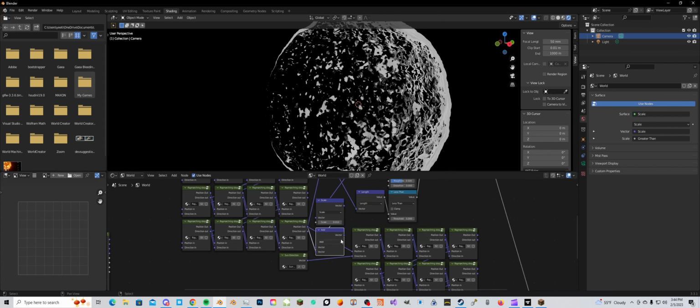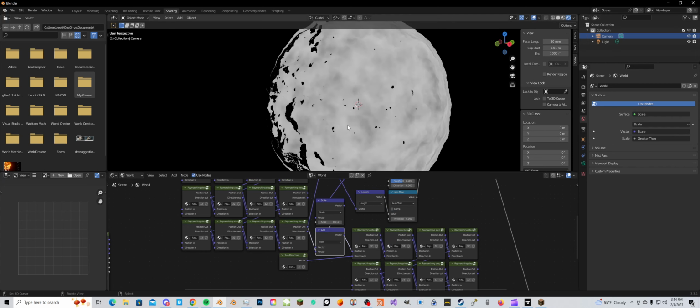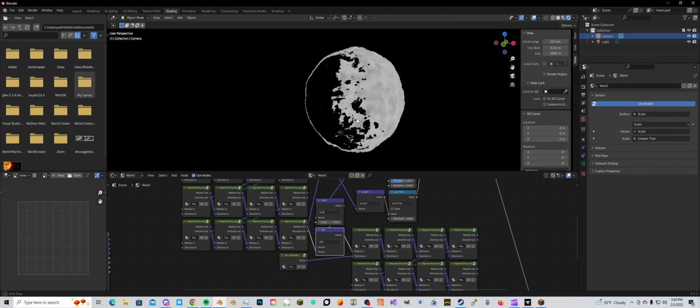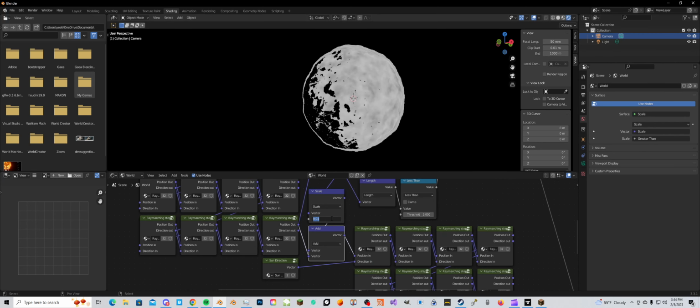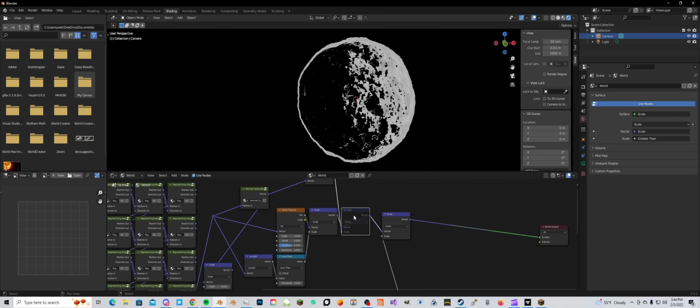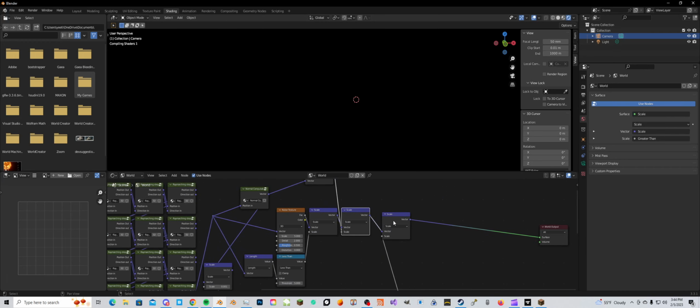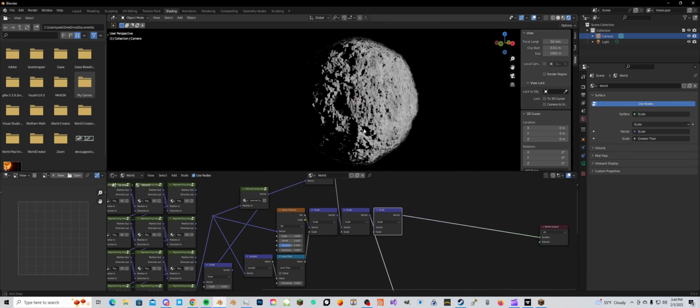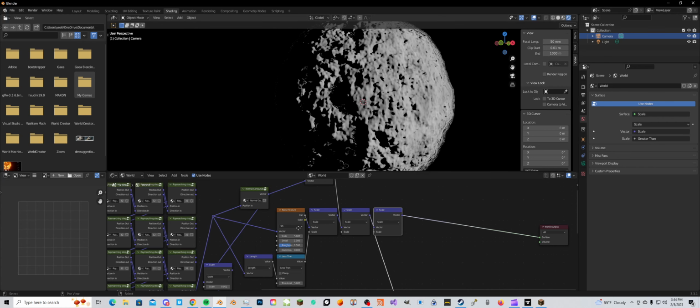And that's going to push it out a little bit, and that should theoretically fix some of our problems. Yeah, there we go. So now we can see we're getting these nice shadows, and then we can also add this shading back in,